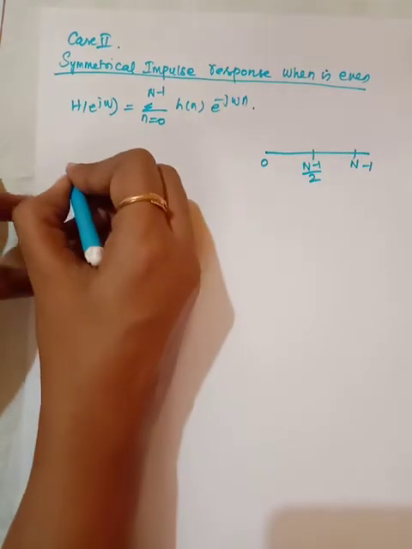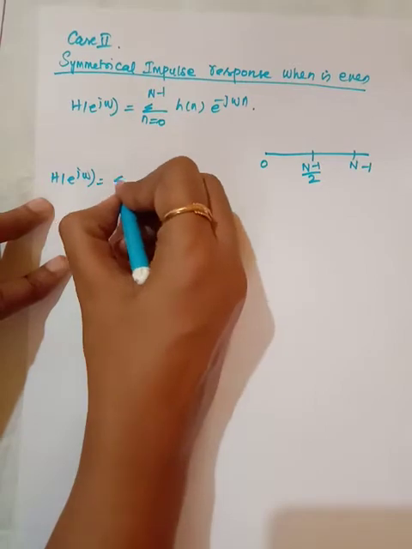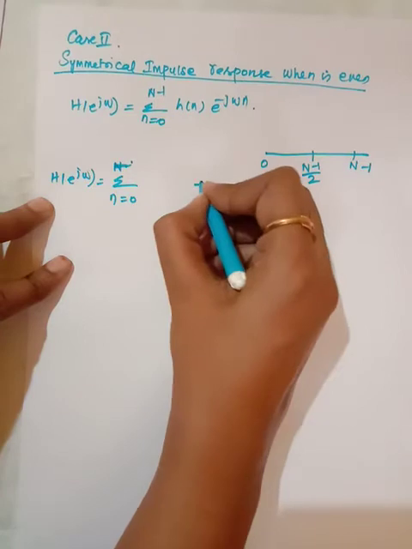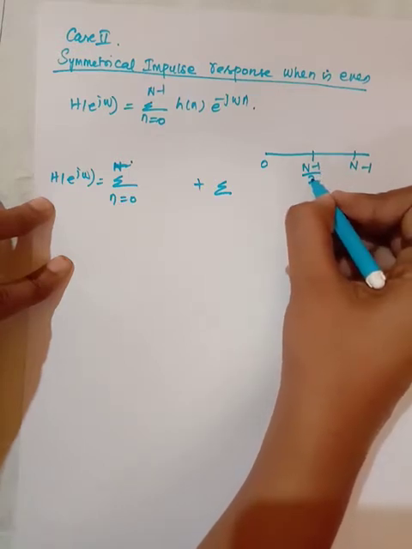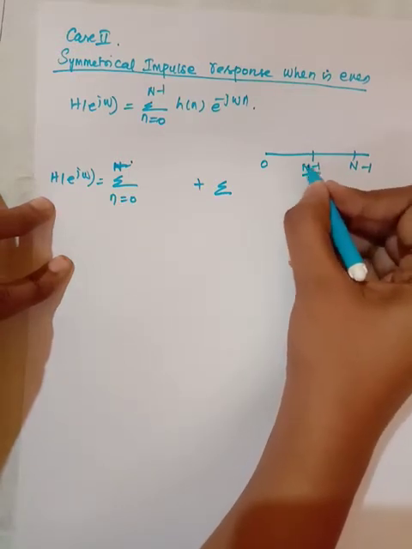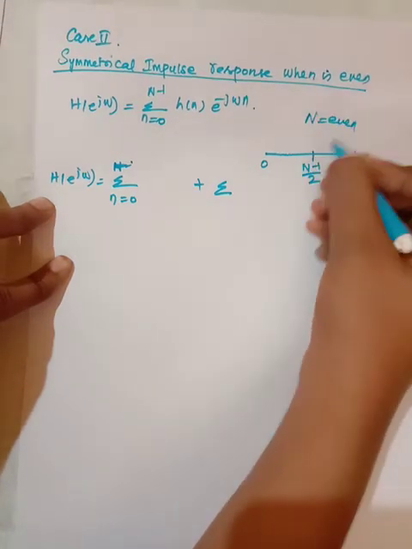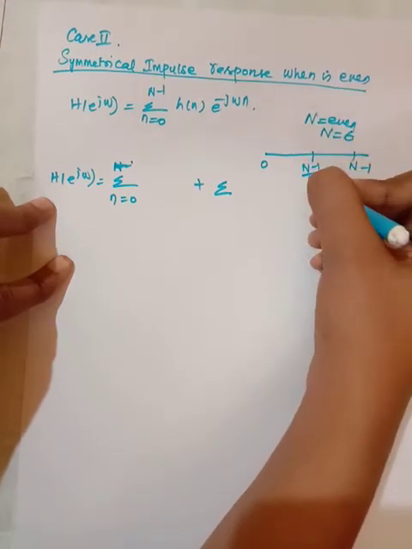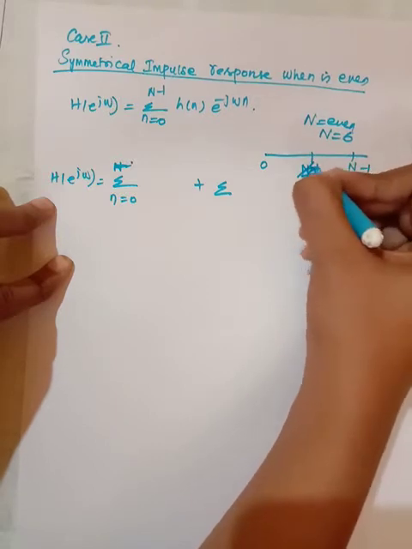Now I am going to split this into 2 parts. So first I will split this summation. If you choose n as even, for example suppose n is equal to 6, then 6 minus 1 by 2 will not give you the correct answer, because the sample value comes out in decimal form. I told this wrongly earlier. Just erase this.